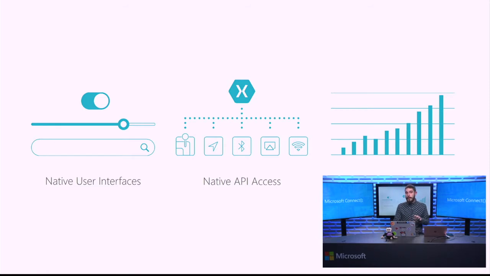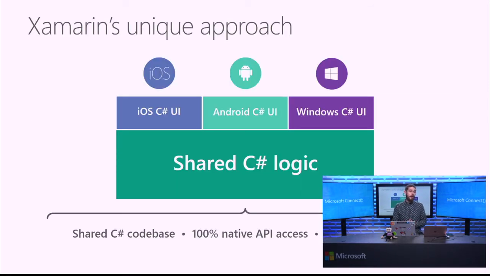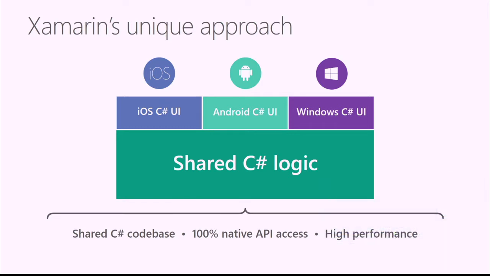So I'll give you a quick rundown of exactly how Xamarin works and our unique approach. And what we do is we give you the ability to build out a shared C# business logic layer to your applications. So it's all your business logic, so models, view models, RESTful service calls, Azure integrations, things that are the same, just C# .NET code. Then you have access to 100% of the APIs in C# and can build out and craft native user interfaces